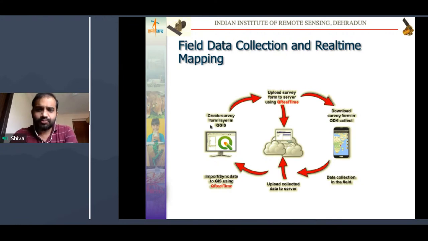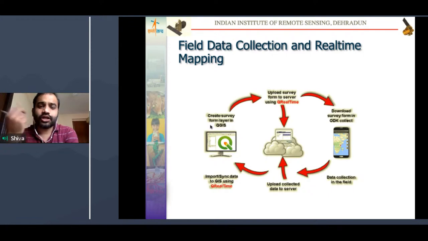If you are trying to use it for your commercial requirement, then you can use ODK Aggregate and deploy it yourself, and that system can be used with the already freely and open source available apps like ODK Collect. Or if you are working for, say, government agencies or research agencies, and disaster or humanitarian support, for that kind of users,